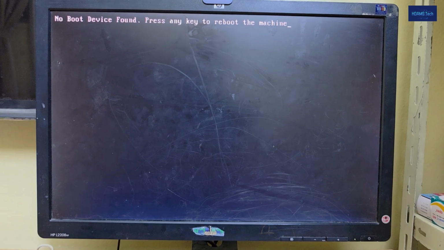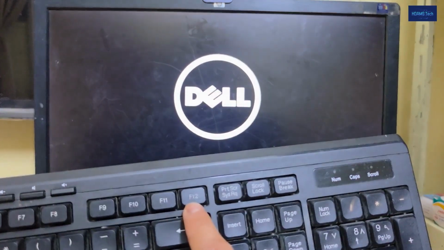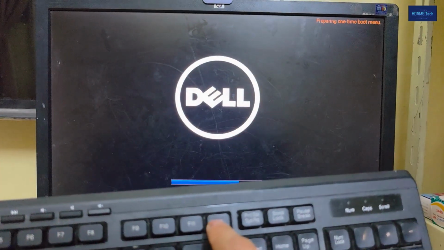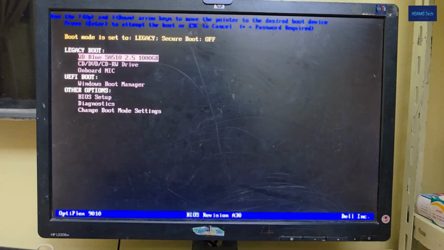Just restart your PC. I forcefully shut down the PC. Just turn on the PC and rapidly click F12. When the logo appears, just press F12. You can see here